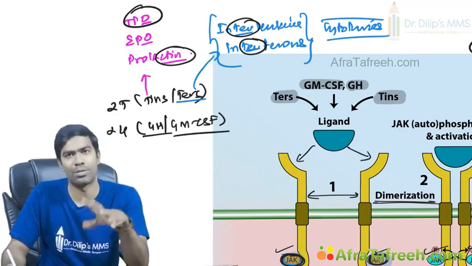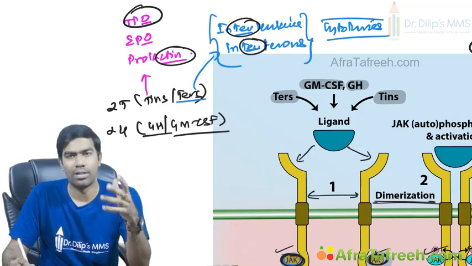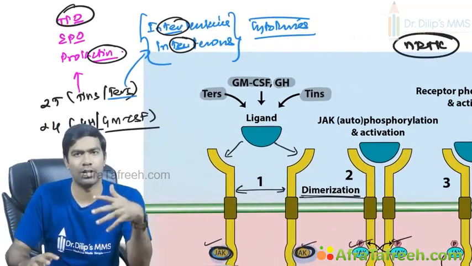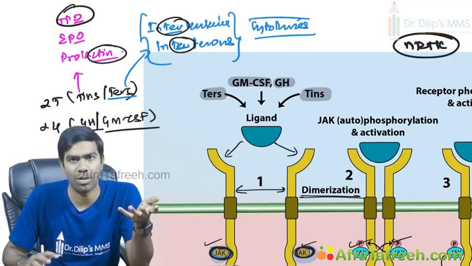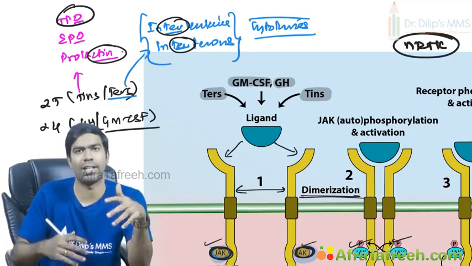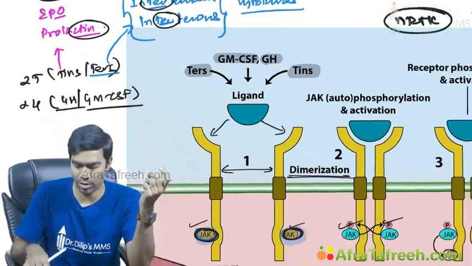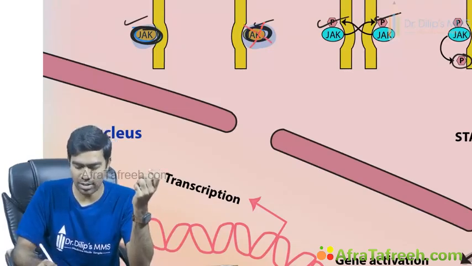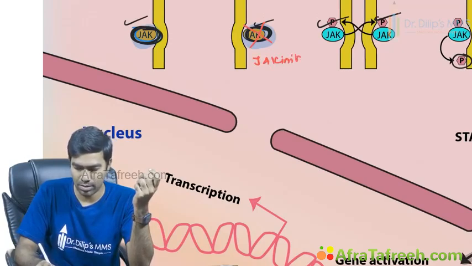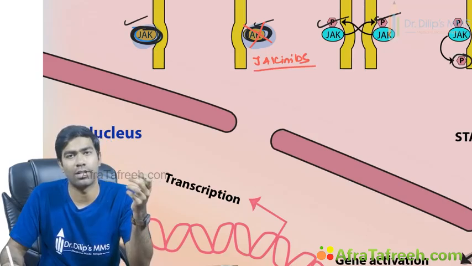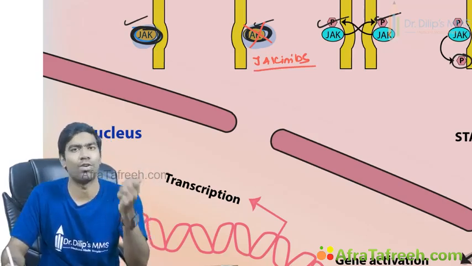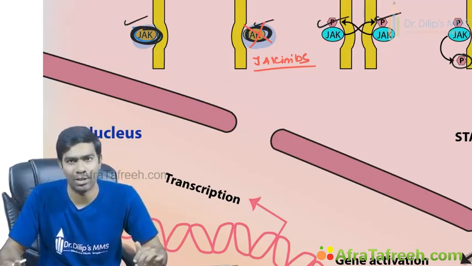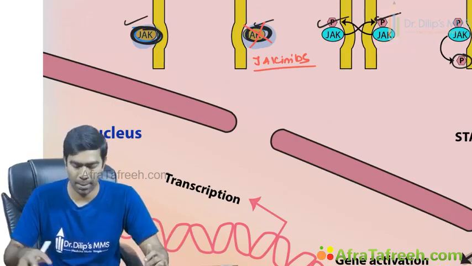So if you have any disruption of this pathway, you can disrupt the cytokine stimulation and response, right? That is why excessive cytokines or some problem with the cytokines is the reason for what you get in autoimmune disorders. So interference with the JAK-STAT pathway may be helpful in treating autoimmune disorders. That's why you can block the JAK, and these drugs are called JAK inhibitors. You can treat a variety of autoimmune disorders by inhibiting these JAKs, because all the cytokines are going to act through the Janus kinase pathway only.